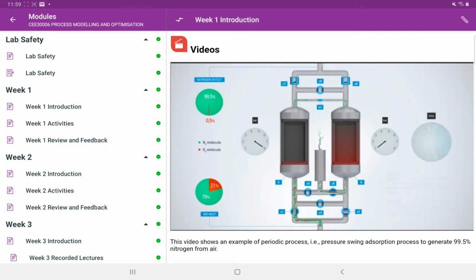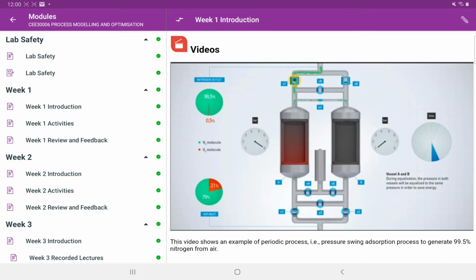As you can see in the beginning, the valve on the top will be closed, and then the indicator of the pressure is on the left side of the first vessel, vessel A. Now the pressure is increasing, but as the air goes through vessel A, oxygen is being adsorbed on the surface of the adsorbent, while nitrogen is being passed through. At the same time, vessel B is not being pressurized. The pressure is like 1 bar. Then this will keep going on for some period of time.